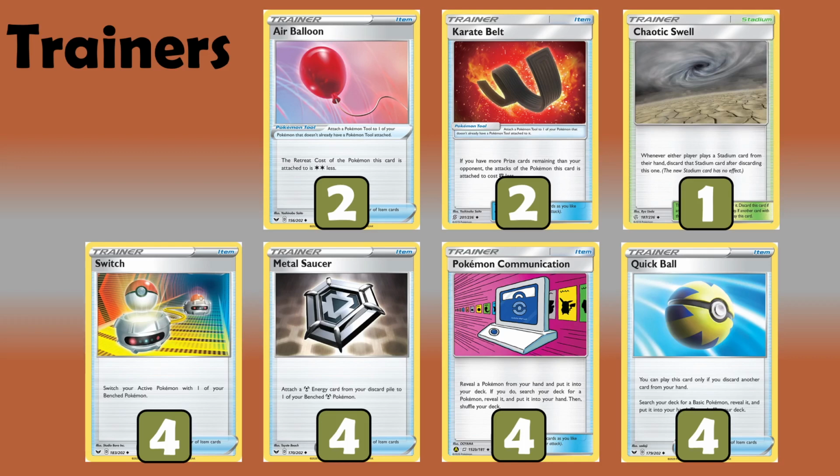4 sources to power up Zacian quickly, 4 Com for Quick Ball to establish early Zacian once again, but also establish that Urshifu VMAX when we need it. We are playing 2 copies of Karate Belt. This allows us to simply attach Karate Belt and Rapid Strike Energy and do a Gmax Rapid Flow out of